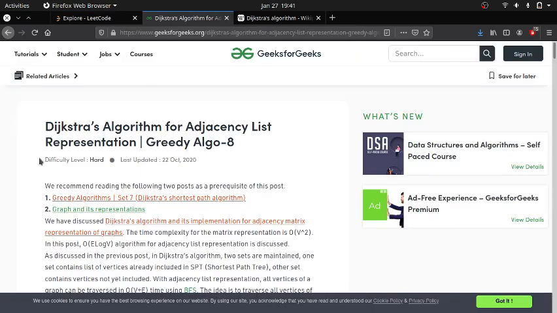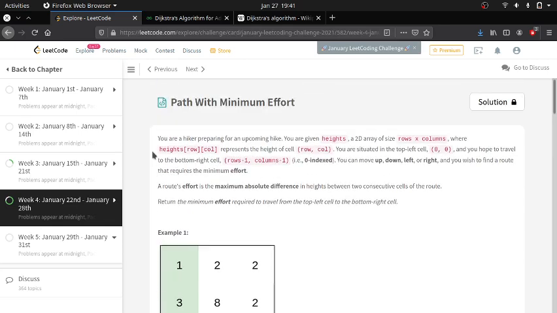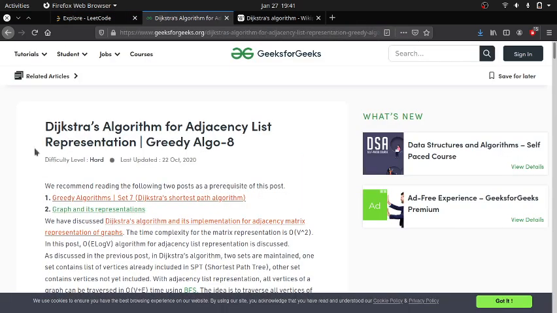My suggestion to beginners is, when you have the intuition to implement Dijkstra's algorithm, but here there is an adjacency matrix and you don't know how to implement it on an adjacency matrix, you can simply search for Dijkstra's algorithm for adjacency list representation.